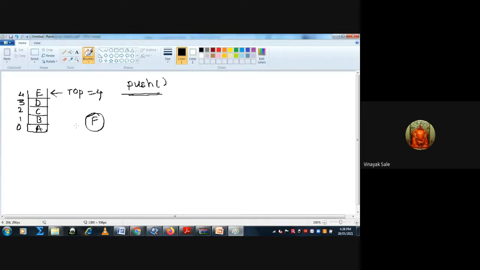So I check with an if condition as here: if top, that is top of stack, is equal to max size, whatever size is declared, or simply size of stack, minus 1.